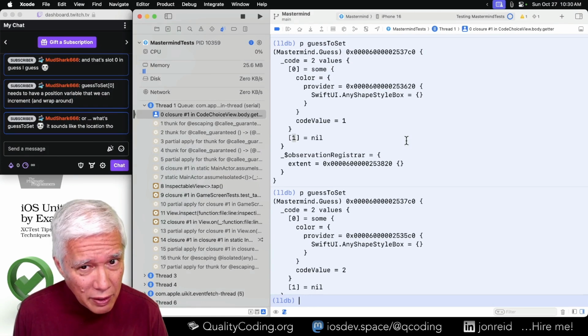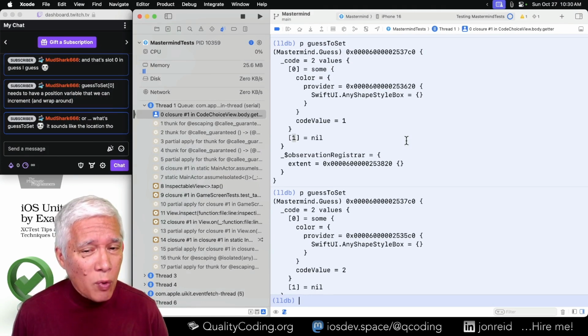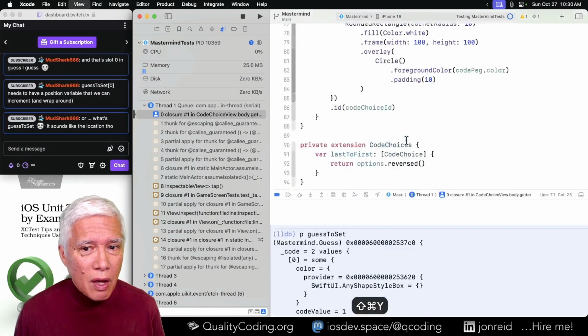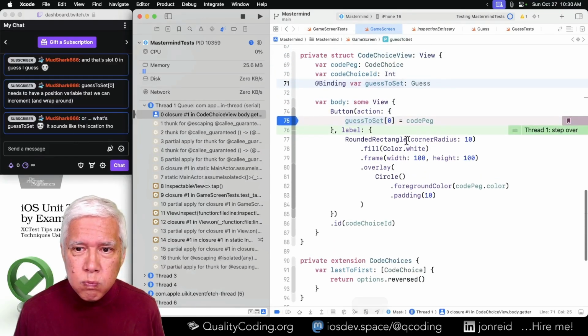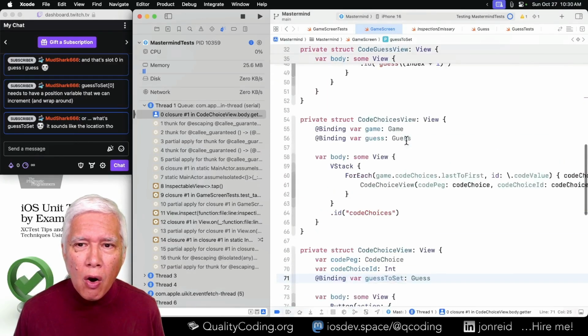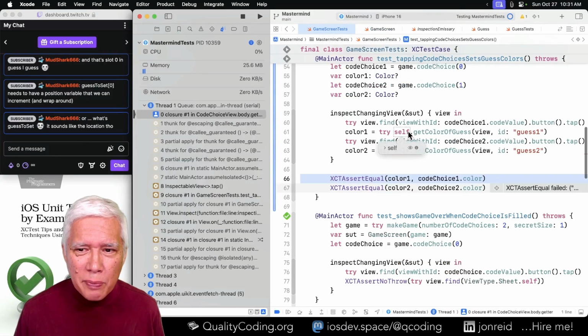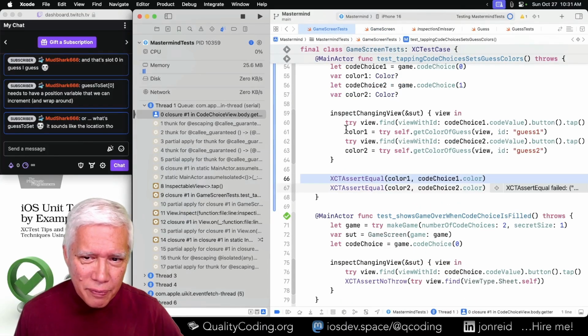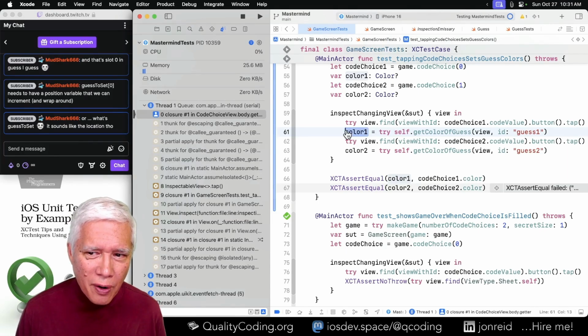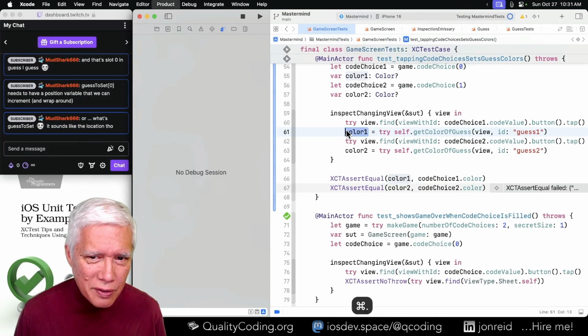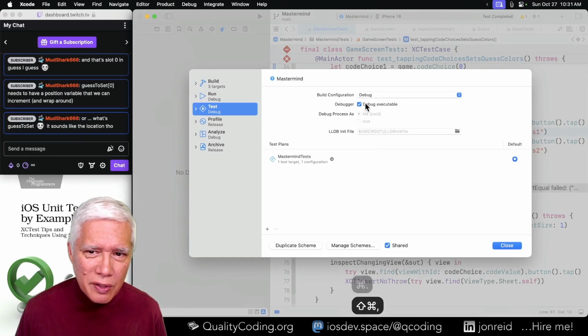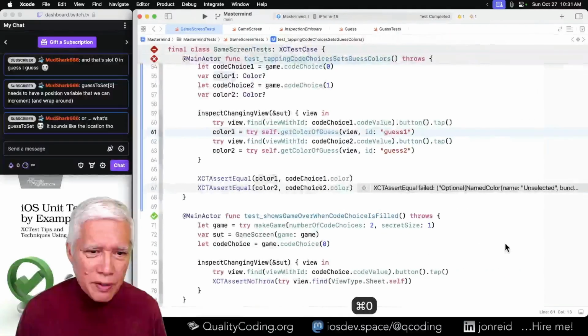Which is what I expected, which is why I'm wondering, oh, I know why. It's because I already captured the color. All right. Mystery solved. Turn off the debugger.